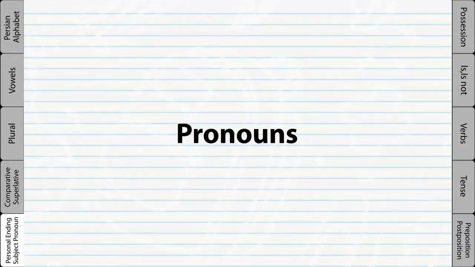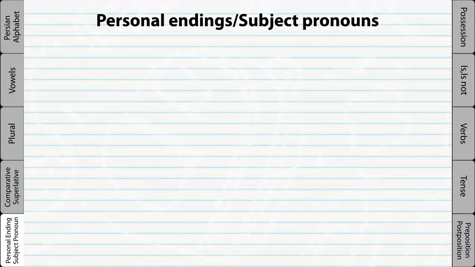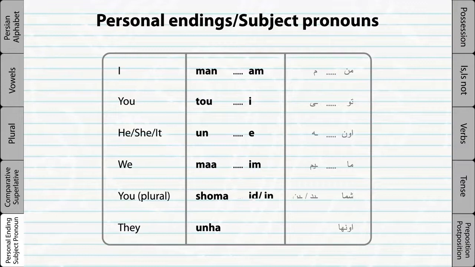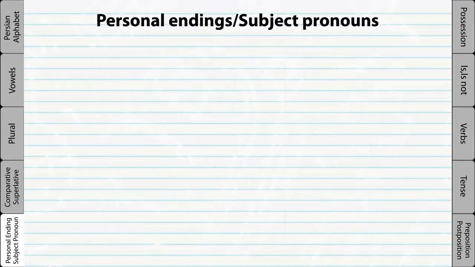Pronouns. These are the subject pronouns in Persian. When we use a subject pronoun, we should also use a personal ending for that pronoun, and each pronoun has a unique personal ending. For example,